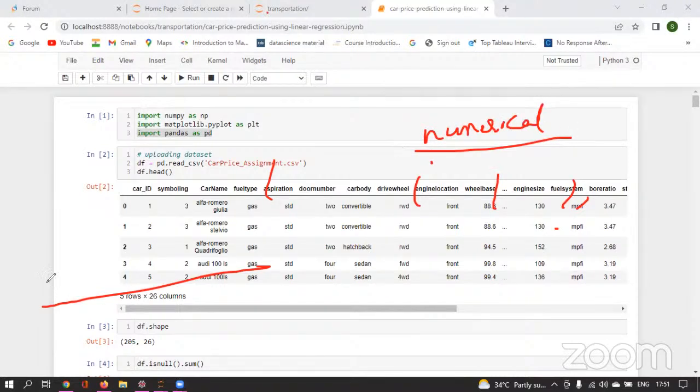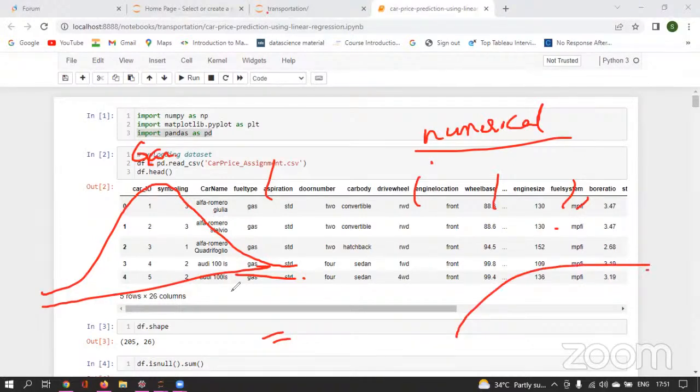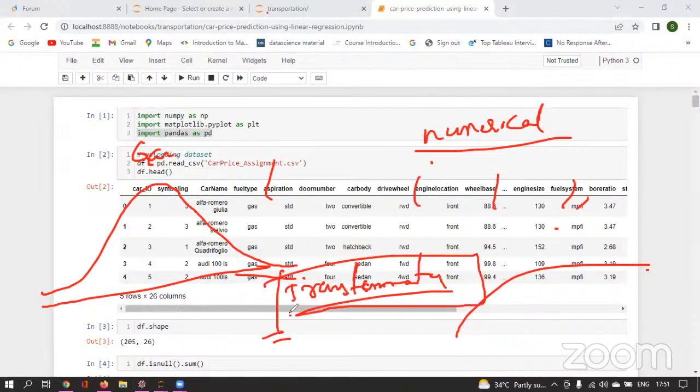If the numerical features are not in the form of a normal, that is bell-shaped curve, or you can say Gaussian form, in that case you can convert that non-normal data into normal data. We call it transformation, which we have talked about, right? To convert a non-normal distribution to a normal distribution, we use transformation.